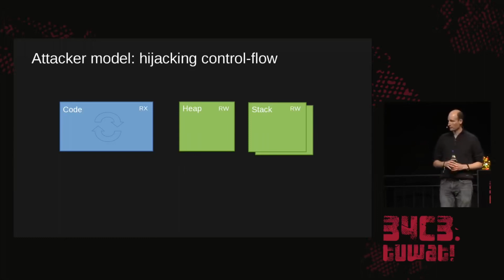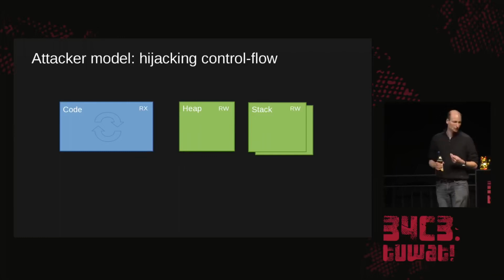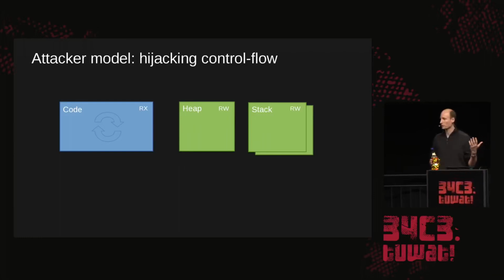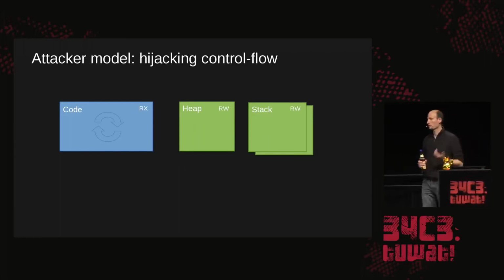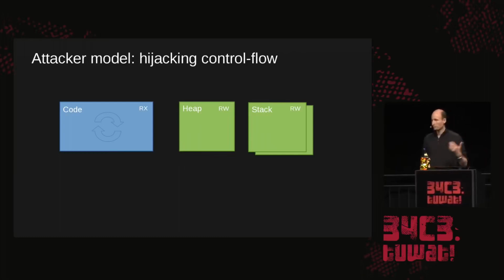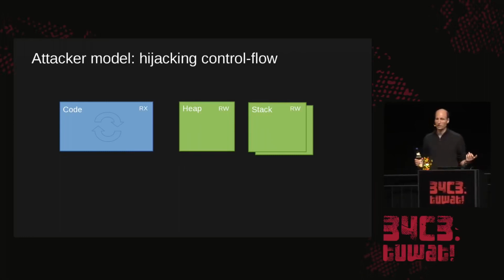The slide here shows the address space of the program in an abstract form. We see that the code section is read-only and execute-only, and this is the only section that is readable and executable. So an adversary can no longer inject new code, and this is one of the defenses we came up with. In addition to that, there's the heap and the stack, which are readable and writable, but not executable. So the only way an adversary can influence the program is by modifying the data and then reusing the existing code.